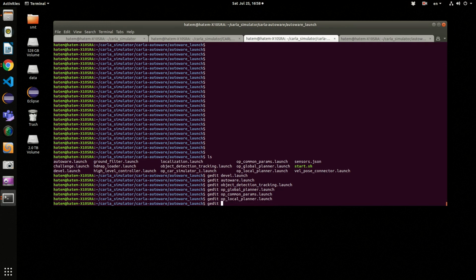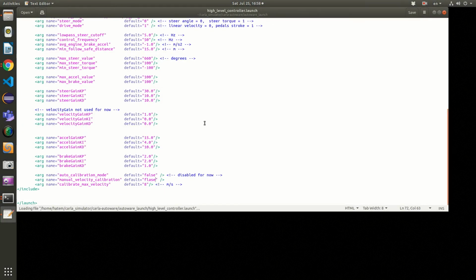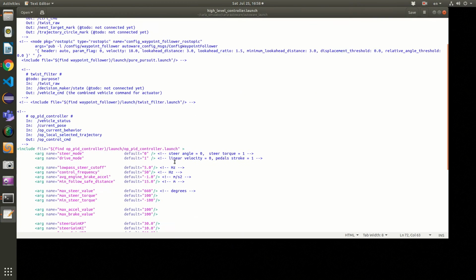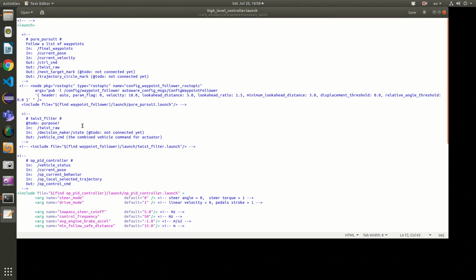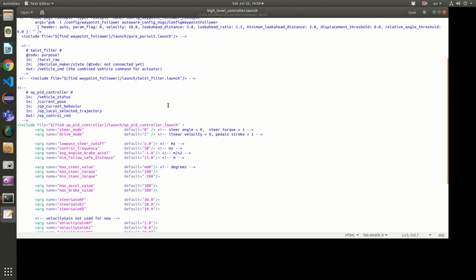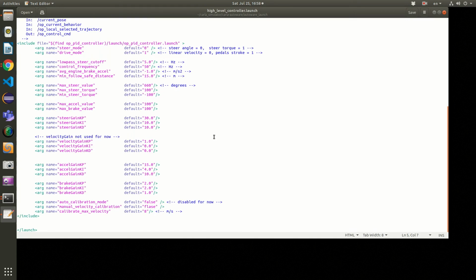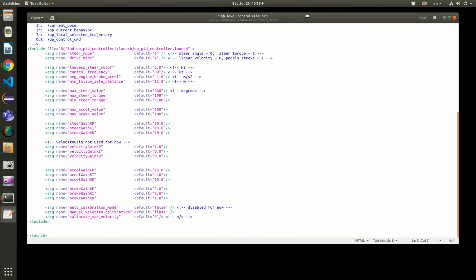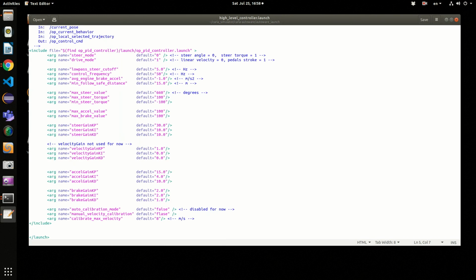The last one is the high level controller. Here you can see I commented, we can add a parameter to switch between pure pursuit and OP PID controller. Here I included the new PID controller, which is the main new component in OpenPlanner 2.0. Next video I will explain more about these parameters,